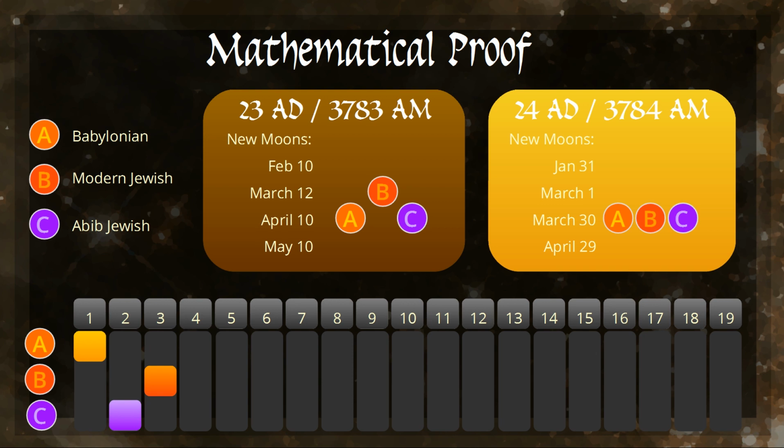The modern Jewish calendar is looking at March 1st as a potential start of the year. However, 14 days later, a March 15th Passover date is well before the equinox on March 25th. Therefore, an extra month must be added. This calendar's new year would begin on March 30th too.